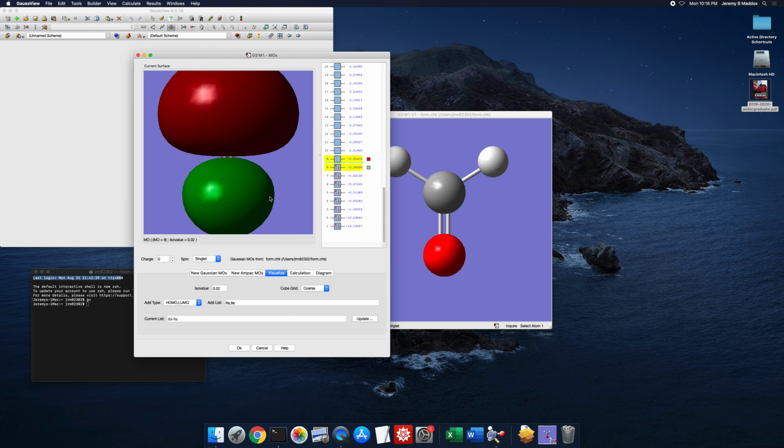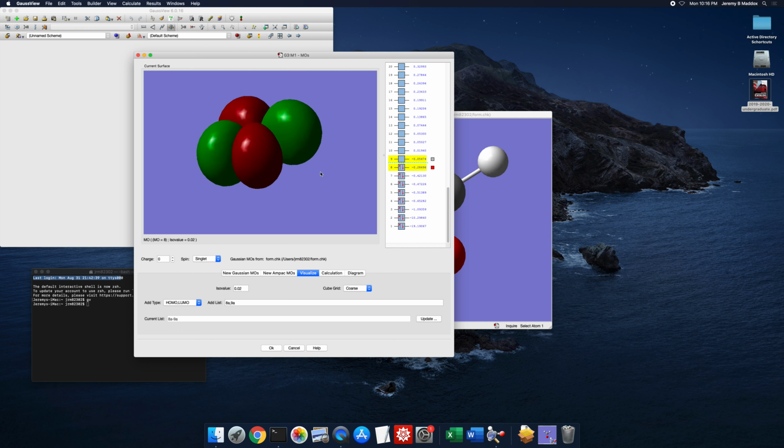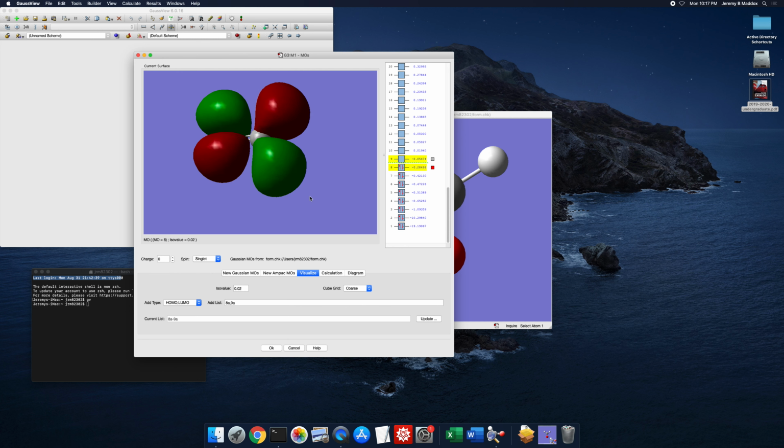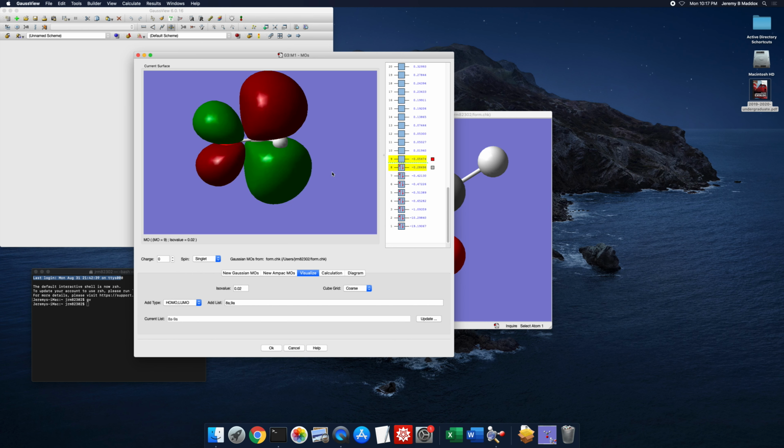And so now you see that in this box here, I've got these boxes here that I can select. And so what you're looking at here, this is the highest occupied molecular orbital for formaldehyde. Okay. It has this sort of 4-lobed structure, whereas this one here, it has a different structure. And to help visualize it relative to the atoms, you can, let's see, I believe hit Control right-click. You can change the view